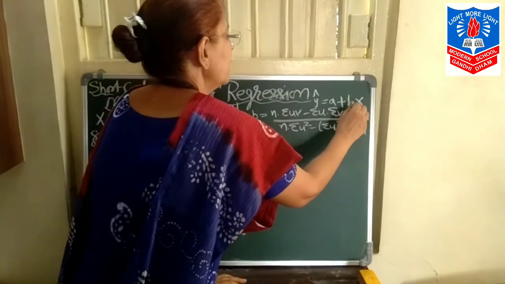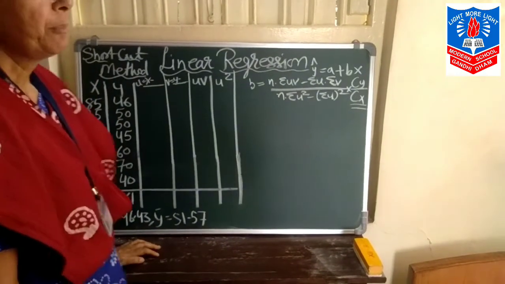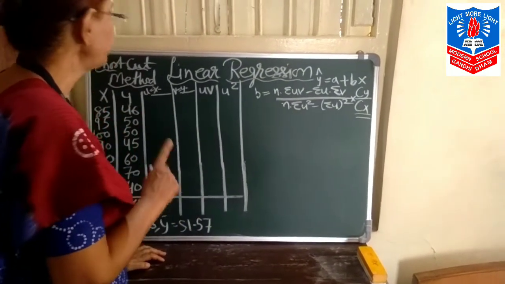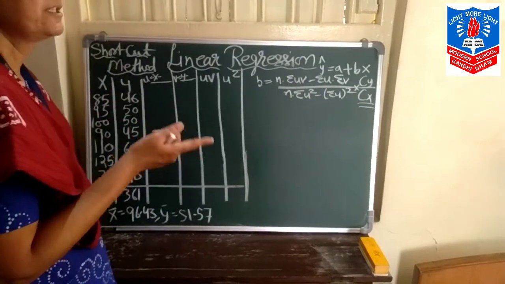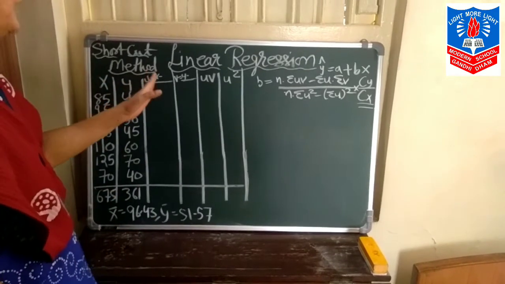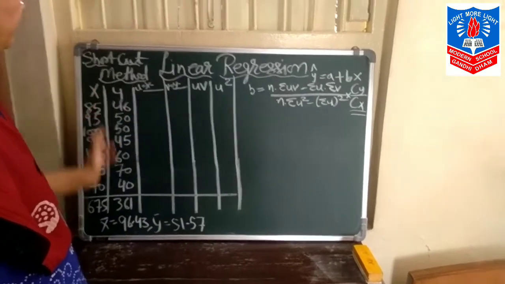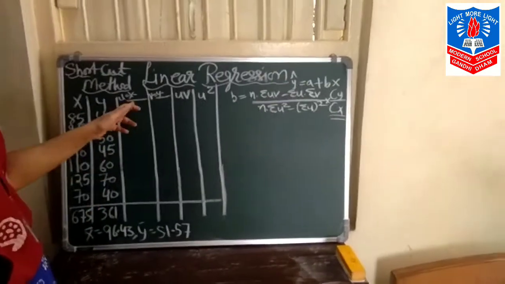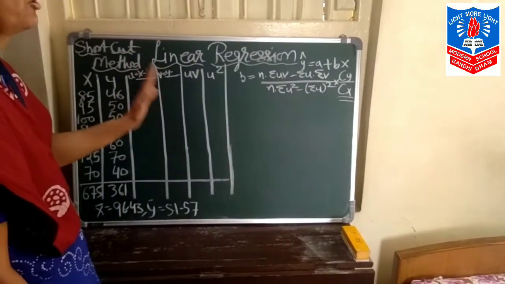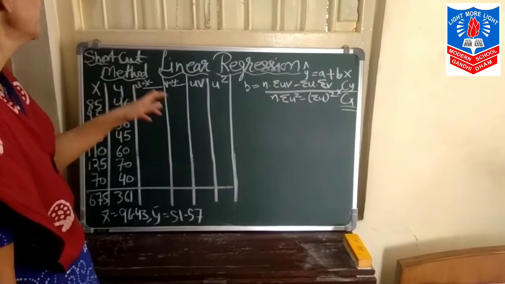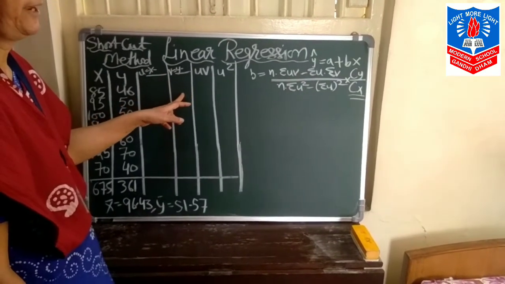Now here you can see something different. If you remember, in correlation coefficient, one of the properties we did was that correlation coefficient is free from origin and scale. That was what? That we can subtract, we can add, we can divide, we can multiply. So in the shortcut method, if a common factor is there, then we divide with that. But regression is free from origin but not from scale. That means we can subtract, we can add, but we cannot divide, we cannot multiply.